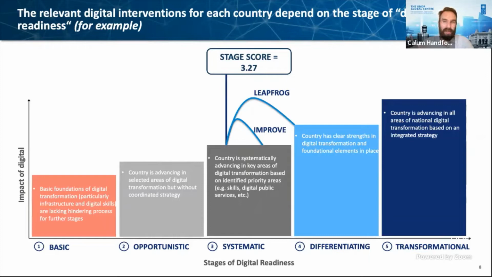So what you can see on the screen here is that this country has completed its assessment. We've taken data from the survey, we've taken data from other sources, and then combined that with multiple perspectives from very different sectors. And it's landed the country very firmly in the systematic column. So a country that is systematically applying digital tools, processes, and technologies in the context of their economy and broader development. But what this allows is we can then identify a number of interventions and actions where that country can solidify its position on that systematic level, but also accelerate its digital transformation journey to be more differentiating and potentially even transformative as well.